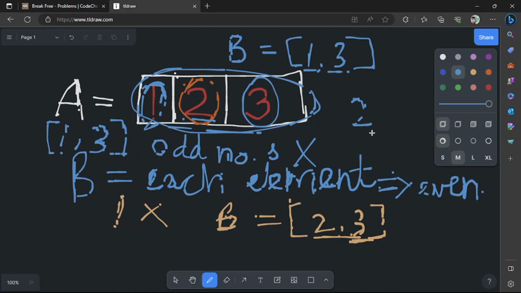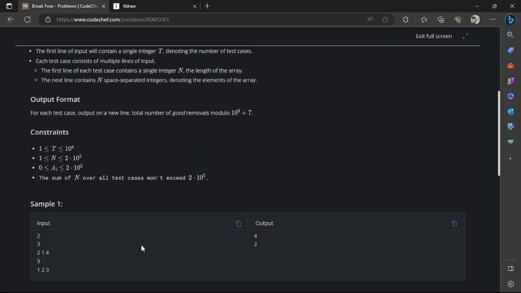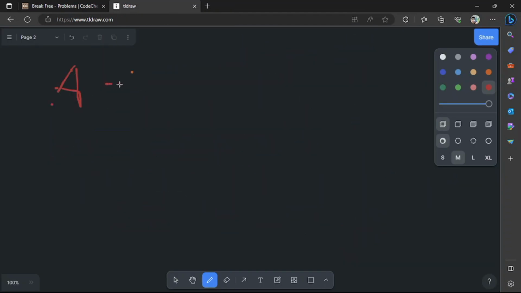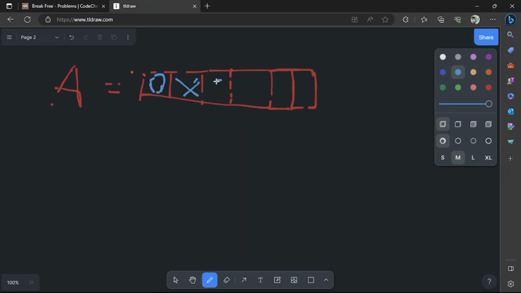And if we look at the problem statement, then yeah, the answer for the second test case is 2. I hope you understood what the problem was trying to say, and let's see how we would arrive at the solution now. Suppose we were given an array A: even, this is odd, this is even,